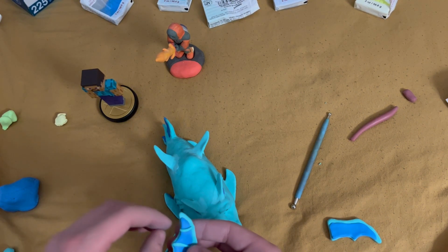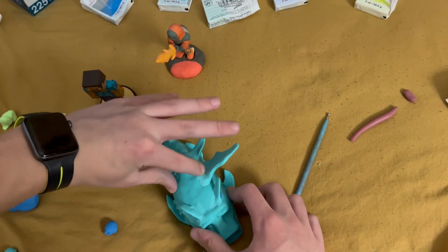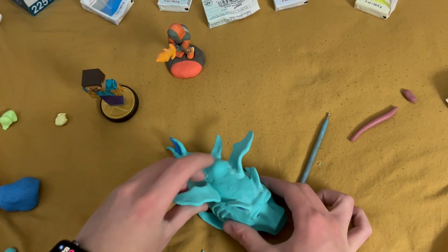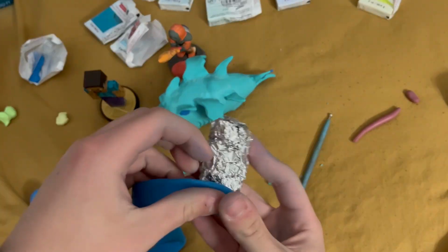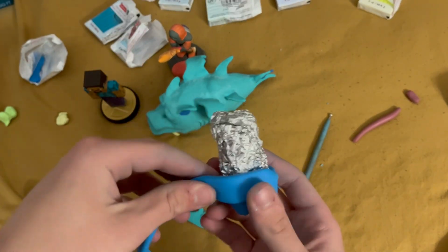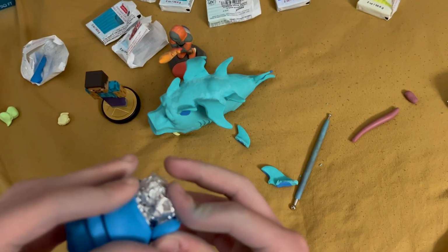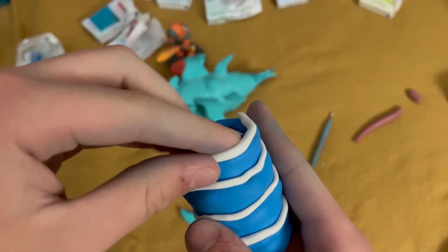One on the little point and one further down, on the least furthest point in the semicircle that's missing. That gets copied over again and put on the other side. Then I start to make the stand, which is just a thingy for the shark to come out of. This is just a line of some blue clay that gets put around a thing of aluminum foil, and then